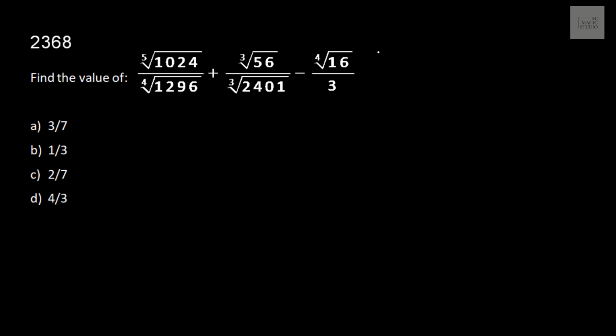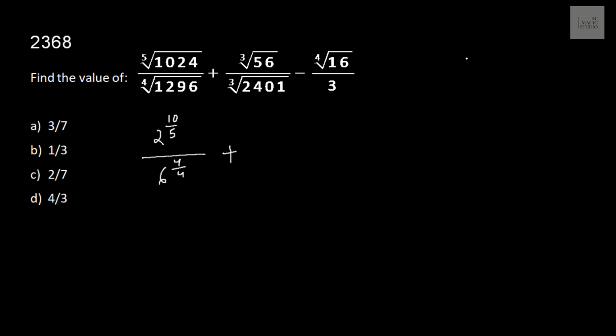A simplification question once again. Fifth root of 1024. 1024 is a very regular famous number, that is 2 to the power 10. So this would be 2 to the power 10 by 5 upon 1296. 1296, 36 squared, that means 6 to the power 4. 6 to the power 4 by 4 plus